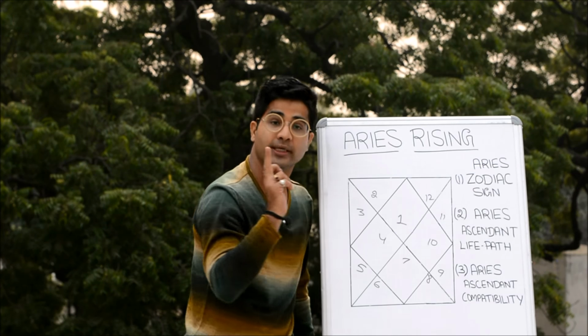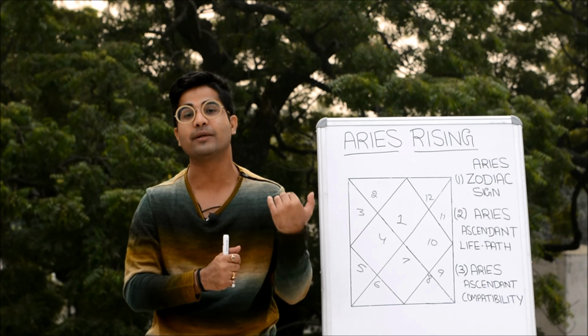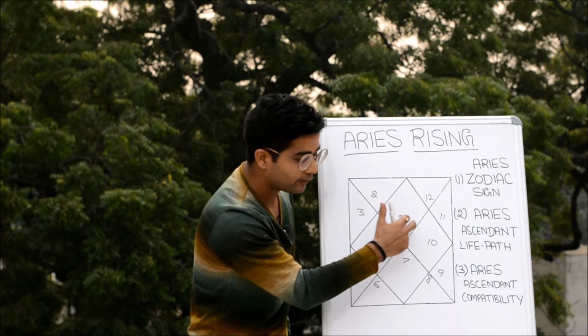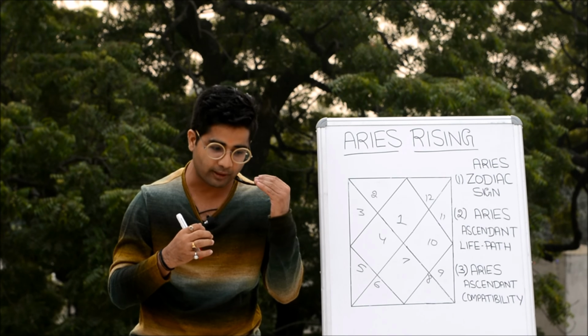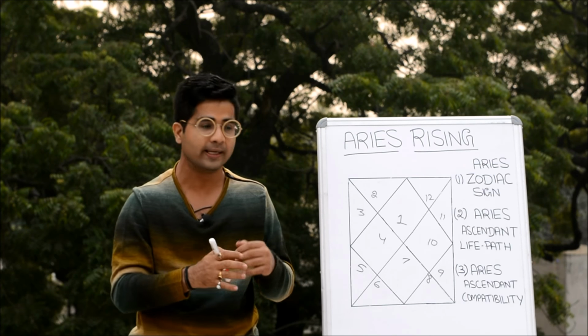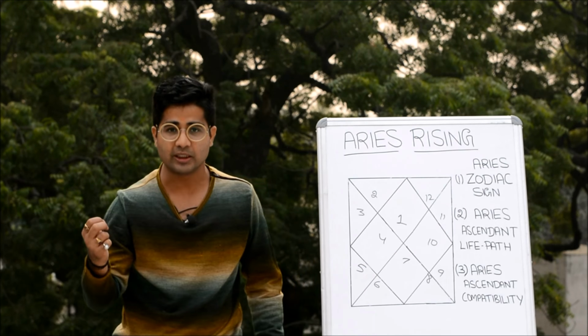When it comes to two very important houses, the 10th house is of your career, the 11th house is of your fame, your popularity, your network circle. So again, first of all, Mars doesn't get along with the planet Saturn. And second, as we all know, the innate qualities of the planet Mars, the Aries people. So at the work front, because there is this individuality, this ability to lead and make their own way, they don't get along well with their bosses. So they do well in their own business, where they are independently heading and ruling the roost. Otherwise, they face a little bit of resistance in getting along well with their bosses because of their headstrongness.